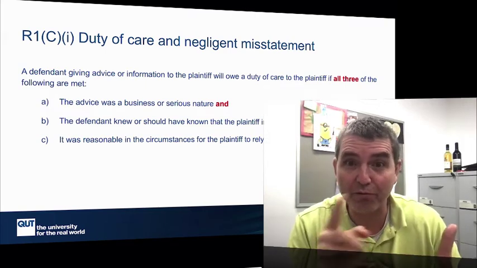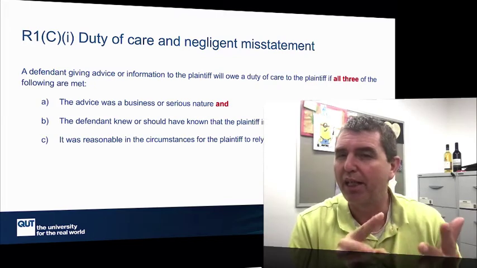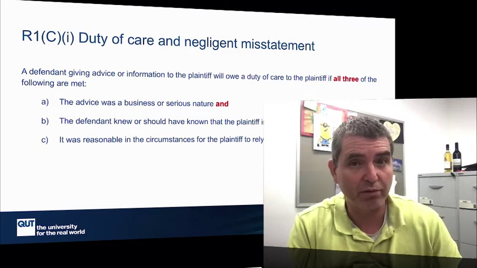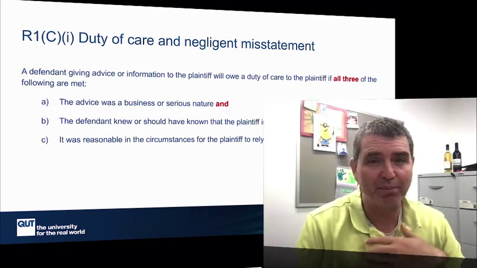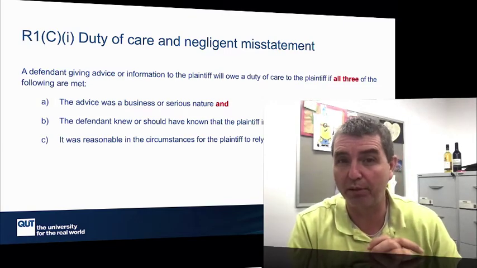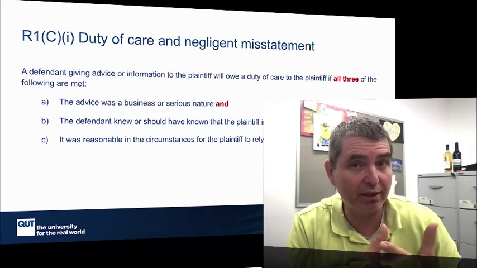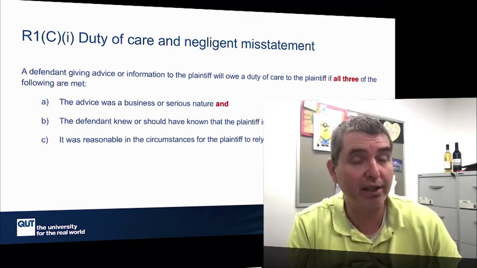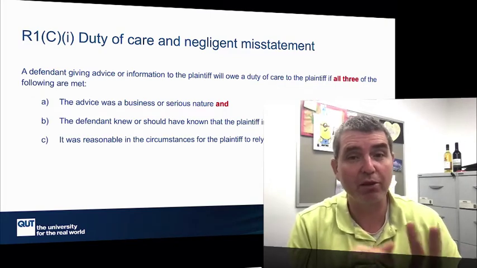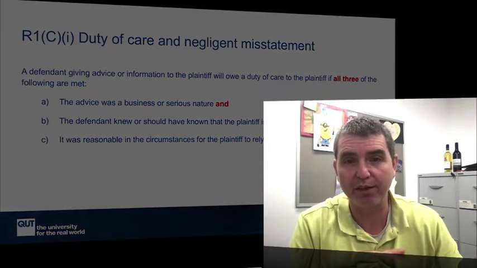Okay, so even if a friend comes to you, right? Notice we're not in business here. The third element, is it reasonable for them to rely on it? Now, again, that's going to be very contextual. Friday night at the pub, just having a couple of beers, shooting the breeze, less likely that they could reasonably rely on it. They've come out specially to your office to have a conversation about it. That sounds like they could reasonably rely on it. So again, context matters, right? But you have to have all three elements to owe a duty of care for the advice that you give.